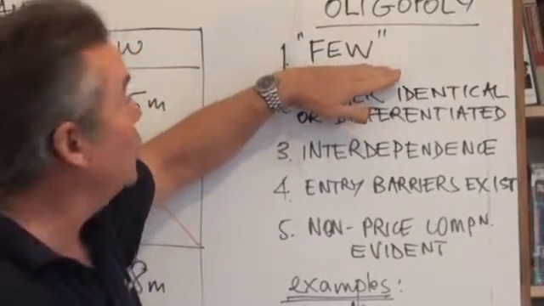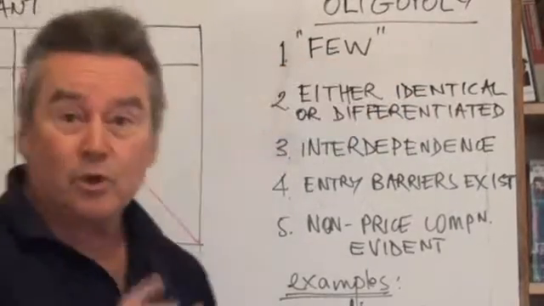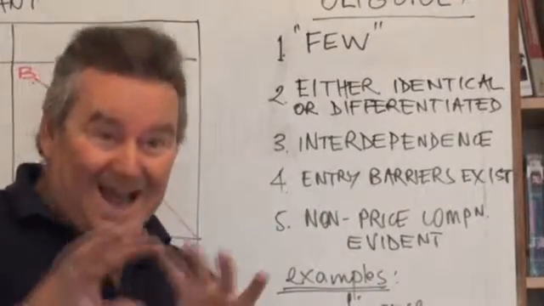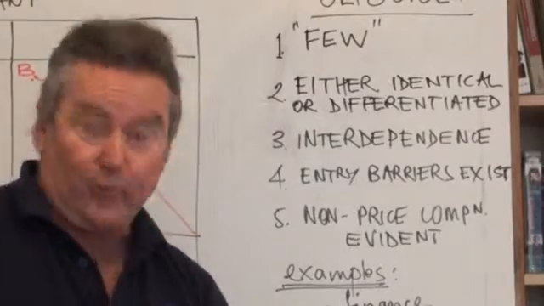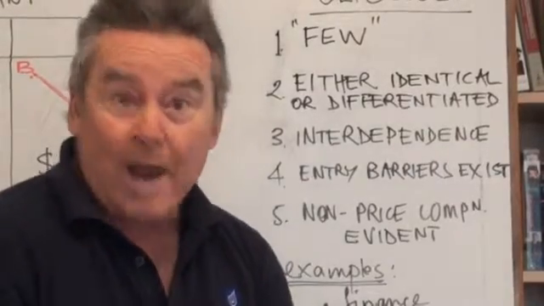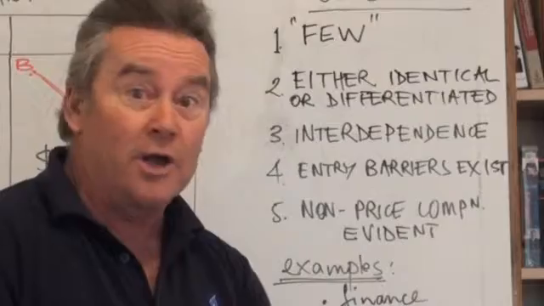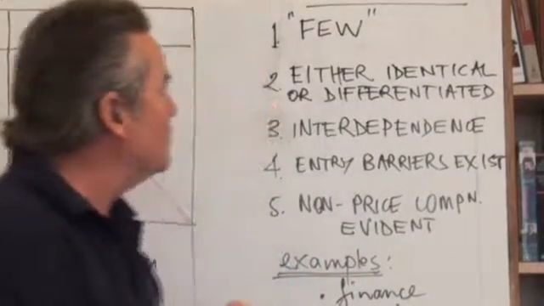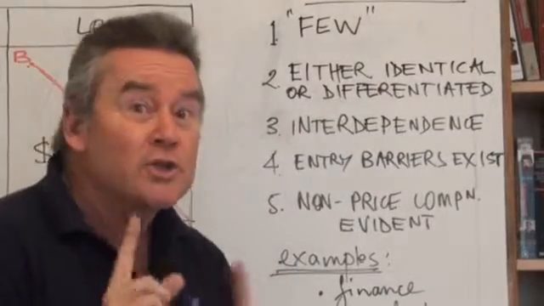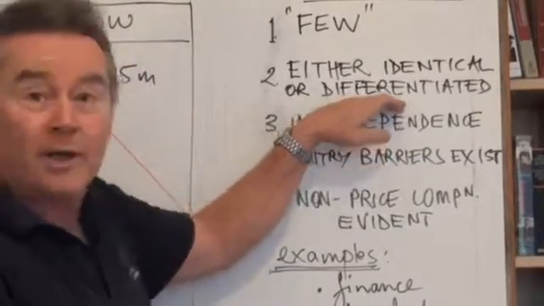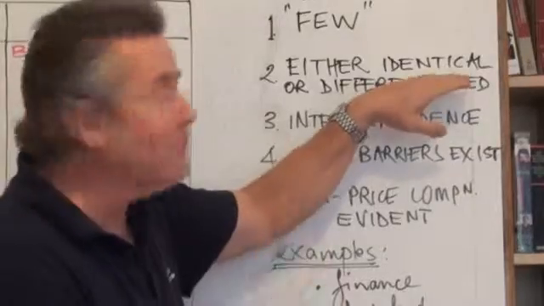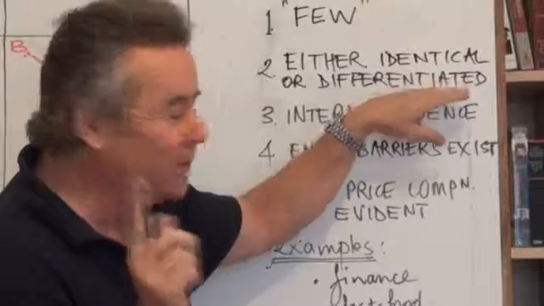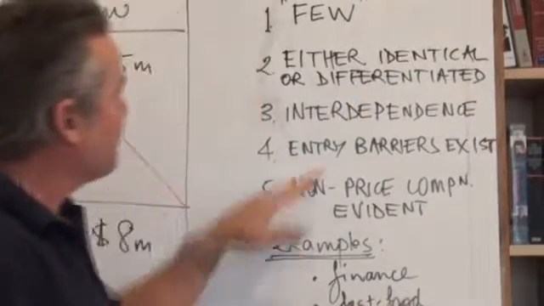Key word, few, or even fewness, where we're talking about a market structure where 2, 3 or 4 maybe large firms dominate the market. If we add their total output together, 70, 80 or even 90% of total output comes from only a handful of firms. The product can either be identical or homogeneous, or differentiated. We'll have a look at that in our examples in a minute.